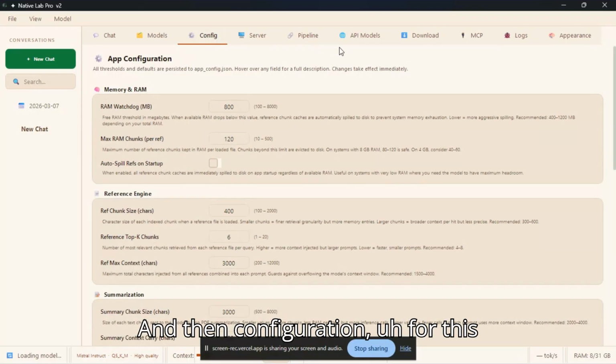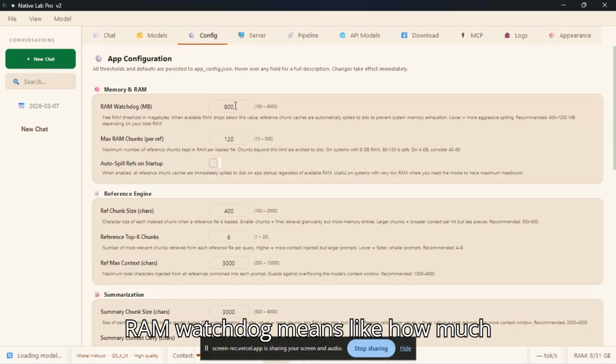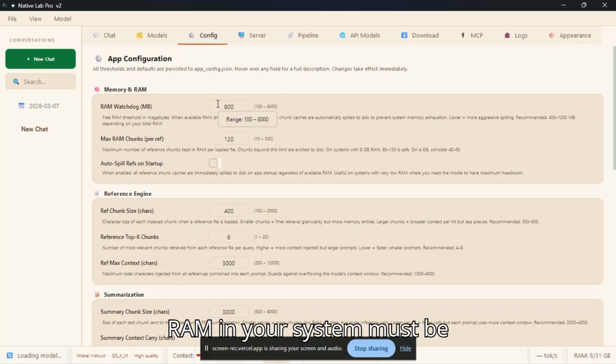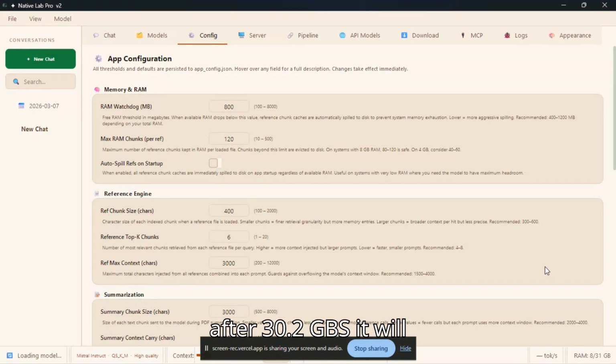And then configuration, I will explain these things until the model loads. In configuration, RAM watchdog means how much RAM in your system must be kept free. If the system has 31 GB RAM free, 31 GB total, then according to the 800 MB setting, after 30.2 GB it will start spilling all the memory and information to disk